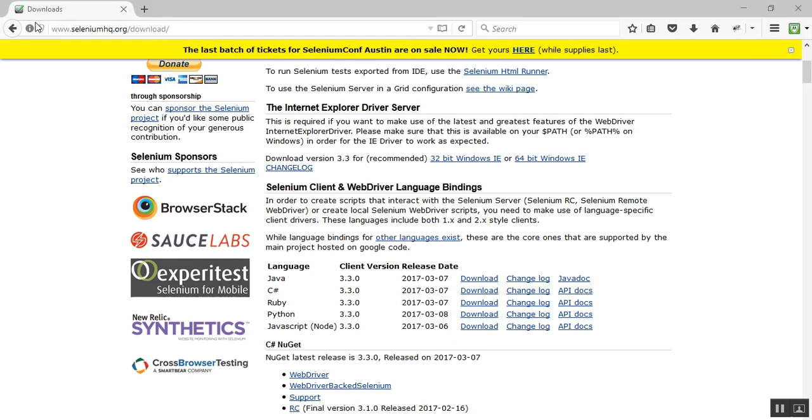In this tutorial, we would learn how to execute a Selenium script using the latest Selenium WebDriver Java files on the Mozilla Firefox browser. So let's start doing this by downloading the latest Java WebDriver jar files from this website, www.seleniumhq.org/download. If you see in the middle of the section here, we have the link to download the Java WebDriver jar files. So you could download these files by clicking on this download button over here.